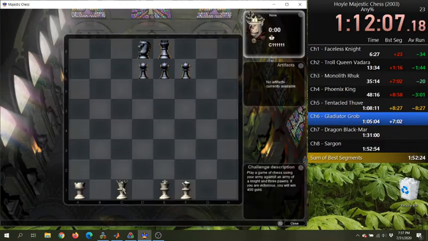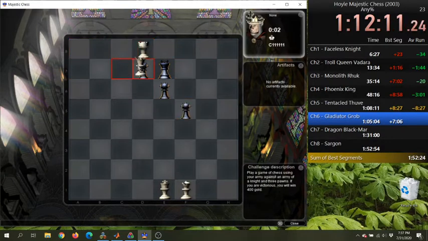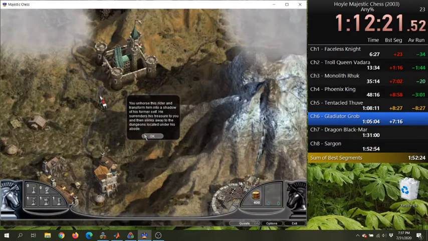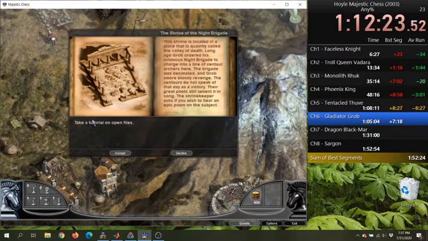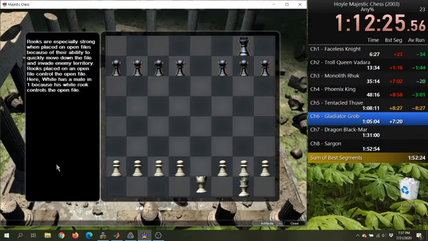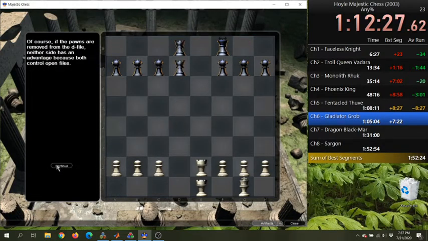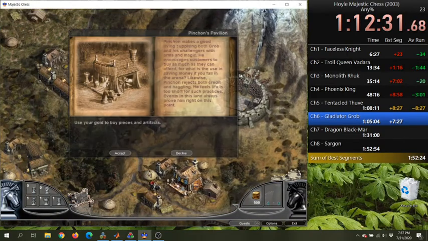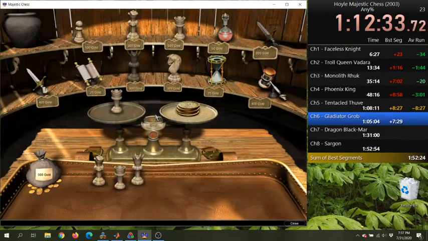The boss doesn't start with a full army in chapter 6. So as you gain money and build your army, so too does the boss. Open files. You want your rook to have files. Rooks behind passed pawns, all that jazz.